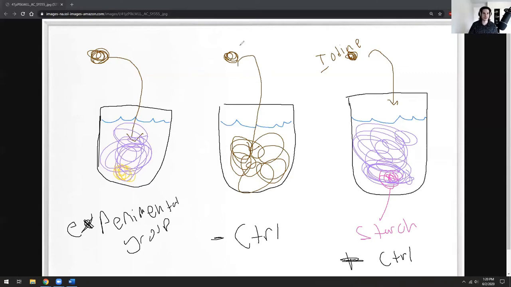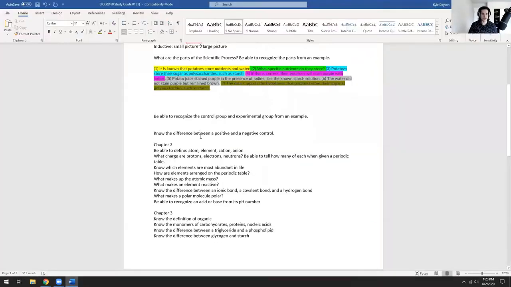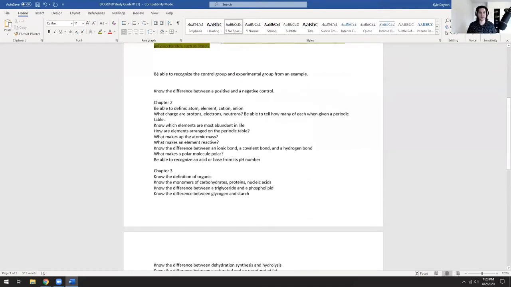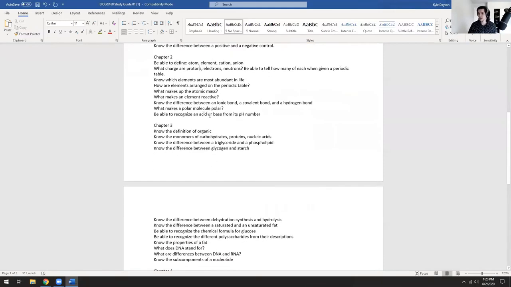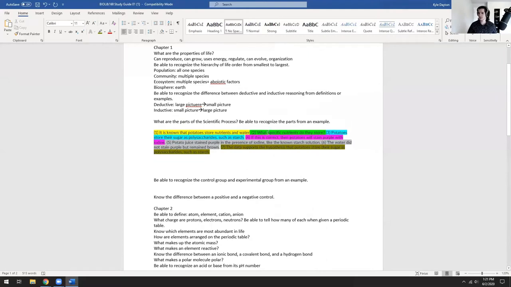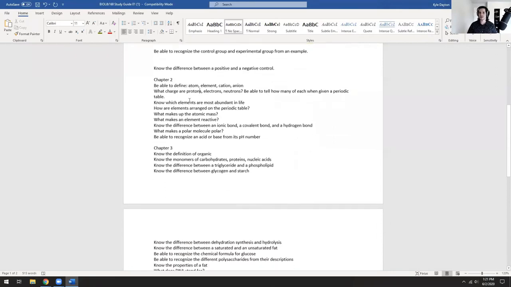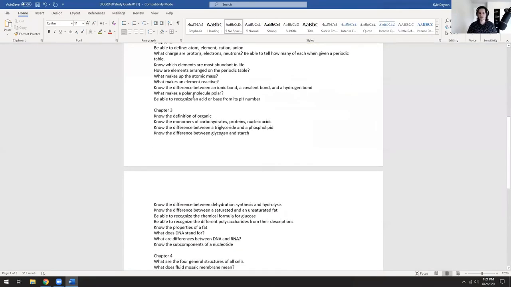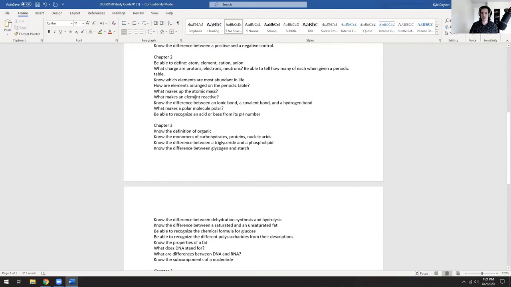All right. Let's stop the drawing. Clear all drawings. Okay. So let's go back to the slides. That was these two: recognize control group, and know the difference between positive and negative control. And also, like I said last class, all of these are our student outcomes, the things we're supposed to learn going into the class. I've plastered these student outcomes into our study guides, so I've crafted the class around them.